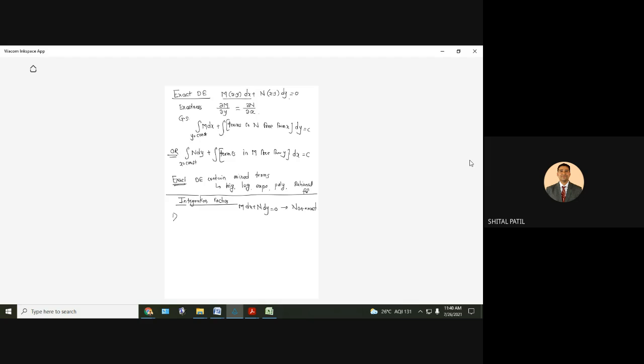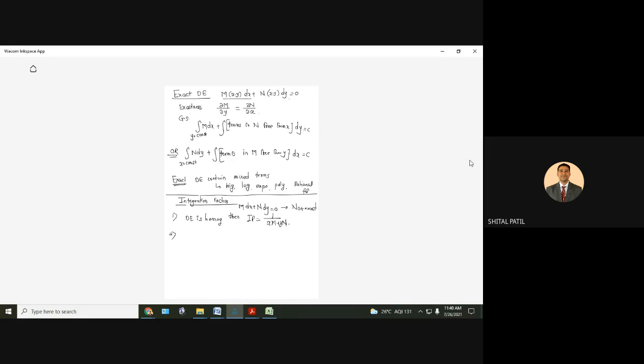First rule, right? The differential equation is homogeneous. Hope you understand. M and N should be homogeneous, say the degree of M is 5, then the degree of N should also be 5. If it is so, then the differential equation is said to be a homogeneous differential equation. So first we check whether it is exact or not. It is not exact. Second, we check whether M and N are homogeneous with the same degree. Yes, if it is so, then what is the integrating factor? 1 upon xM plus yN.